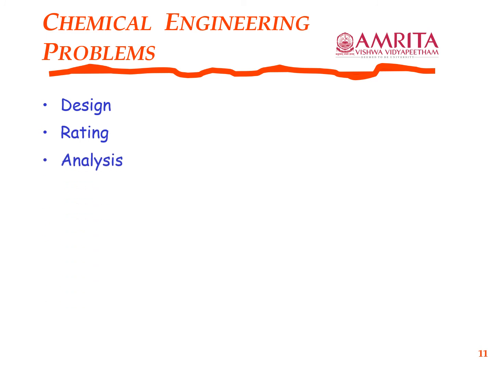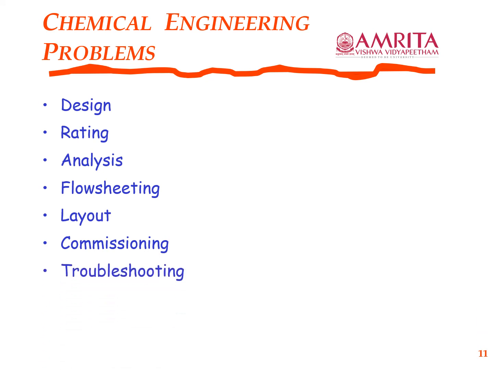And analysis problem, a variety of analysis problems starting from control to various what if scenarios that we considered. Flow sheeting, and therefore you have to have a series of such units and processes, which leads to some sort of a development of a flow sheet, analysis of a flow sheet, design of a flow sheet, rating of a flow sheet, and so on. Layout is one thing that we talked about. Commissioning, of course, we didn't talk about this, but if you have developed a layout, you've developed the design, and you go and fabricate actually, and then commission, and then various troubleshooting problems.